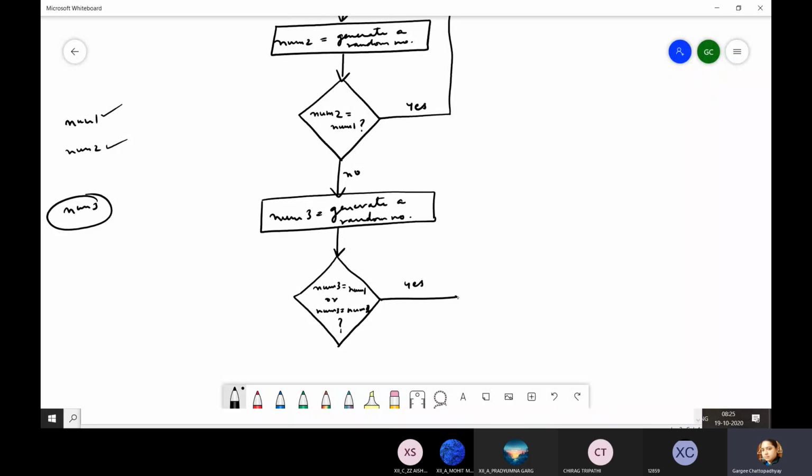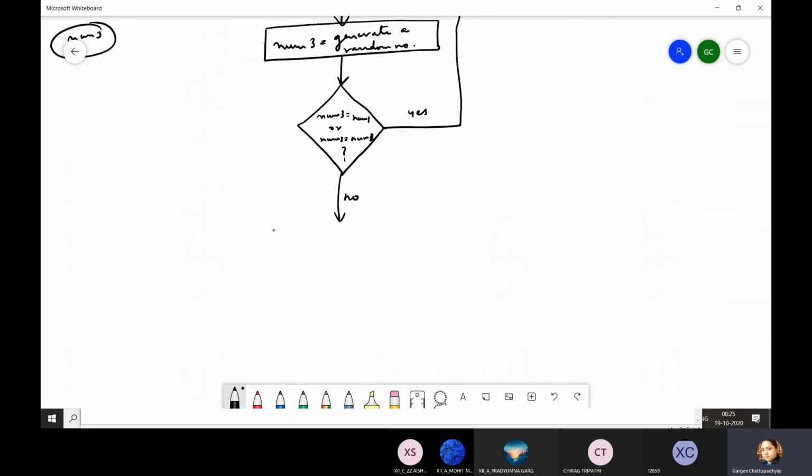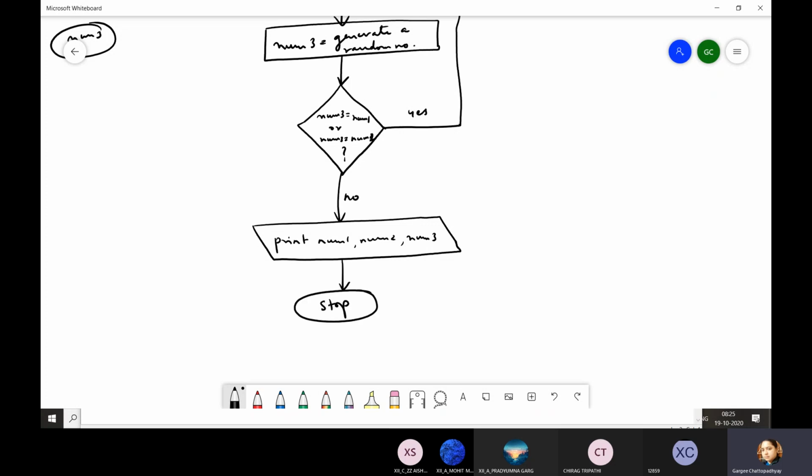So if this is yes, again you will regenerate num3, and you will continue doing this till num3 is not equal to either of them. When this proves false, then you will proceed further and you will print. I'm drawing an output box here. You will print num1, num2 and num3. Because now I am sure that there are 3 different random numbers and I can stop the program.